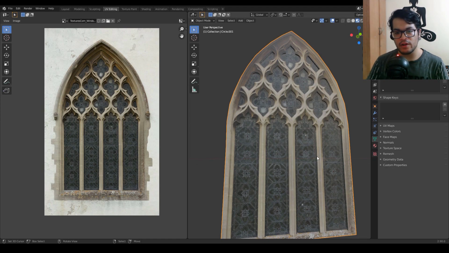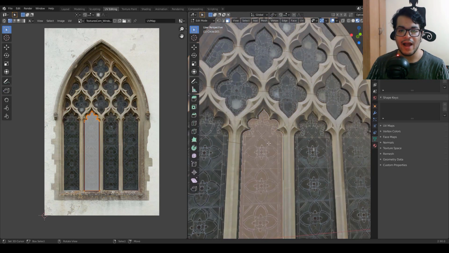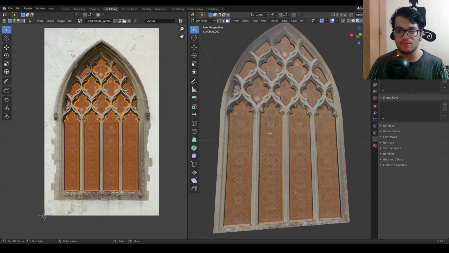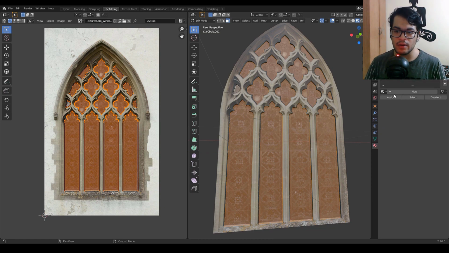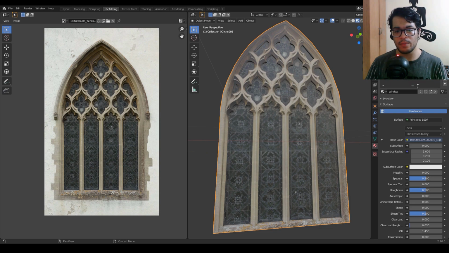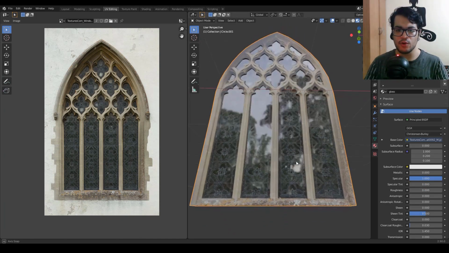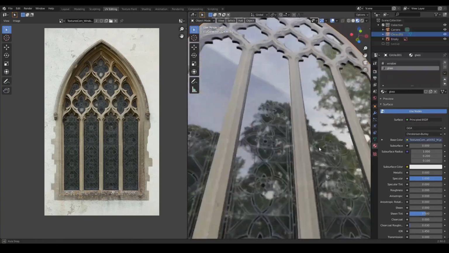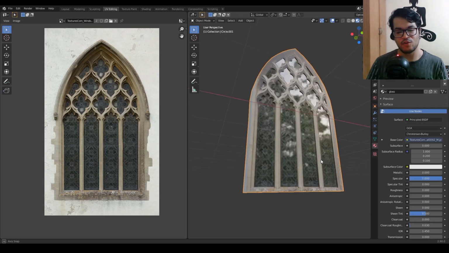To add more realism, go to your edit mode again and select all these faces. Select all the window faces excluding the frame of the window. Once you have those selected, add a new material, add that window material and duplicate that window material. You need to make this material a single user material, so you need to hit that 2 button. You can reduce the roughness and increase the specularity. And there you go, we have some specular glass. It looks really quite cool and realistic. Okay, so we are done with the window.